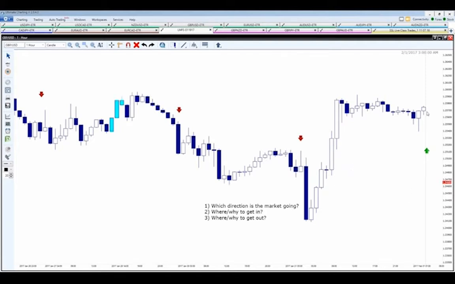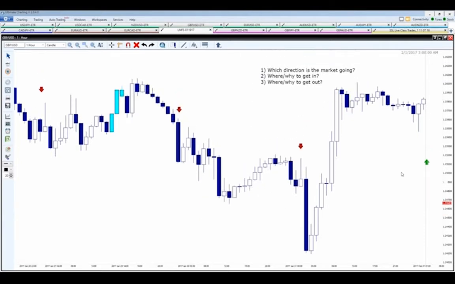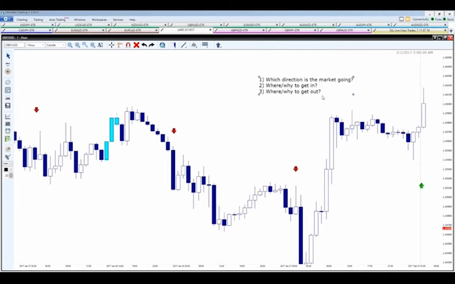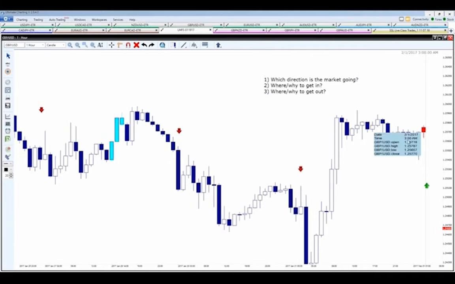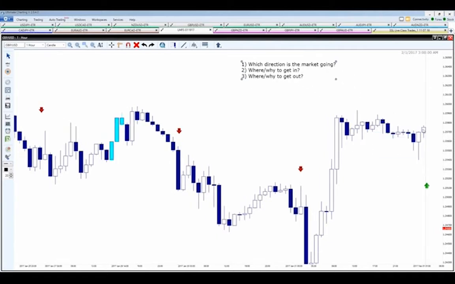So let's get started. In fact, let's move this up here. I'm going to zoom in even tighter. There we go. Oops, sorry about that. Let's back it up. And here's our 3 o'clock a.m. candle. Now, at the close of that 3 a.m. candle,